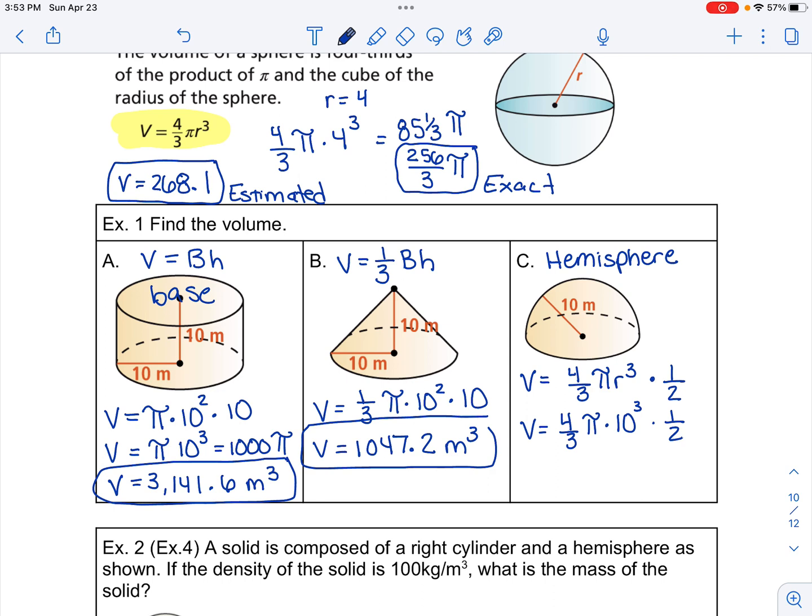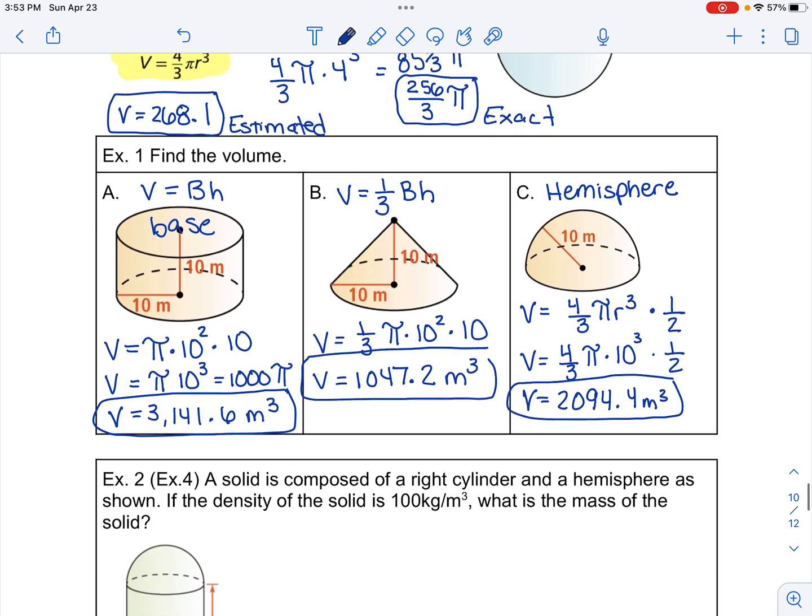It should come out to about 2,094.4 meters cubed. So that is an example of a sphere and a hemisphere and all the shapes that we've done volume on